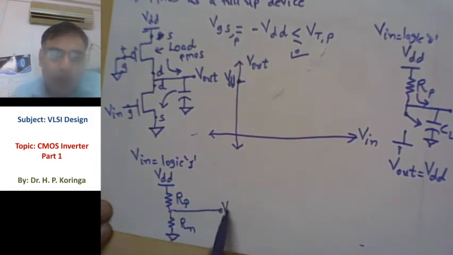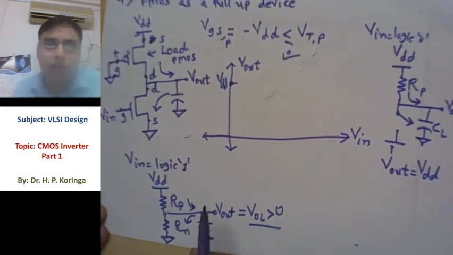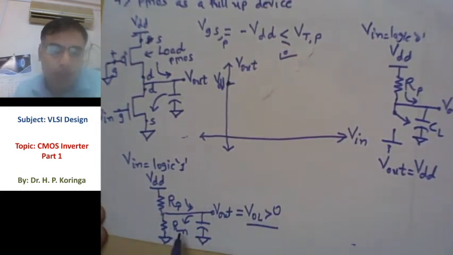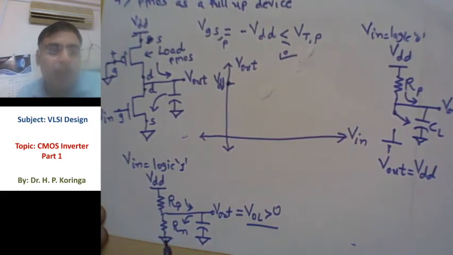So what is the output load capacitance value? If it's charged, then it slightly discharges through the Rn, but it cannot discharge up to 0 volt. So it produces an output V_OL which is greater than 0, because this VDD is divided, a potential divider between the Rn and Rp, right? Both MOSFETs operate in a conducting state, so it will not take the voltage across the capacitor to 0 volt.